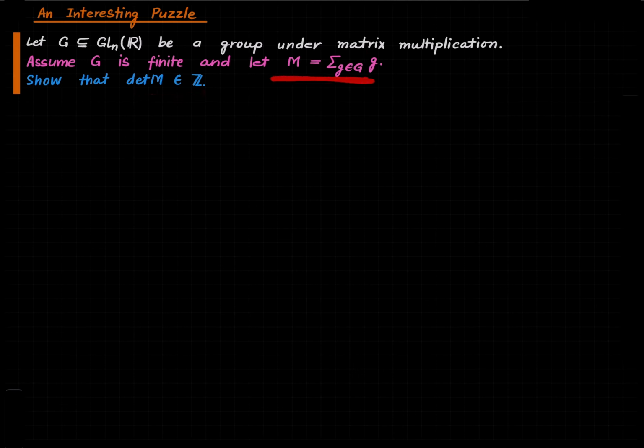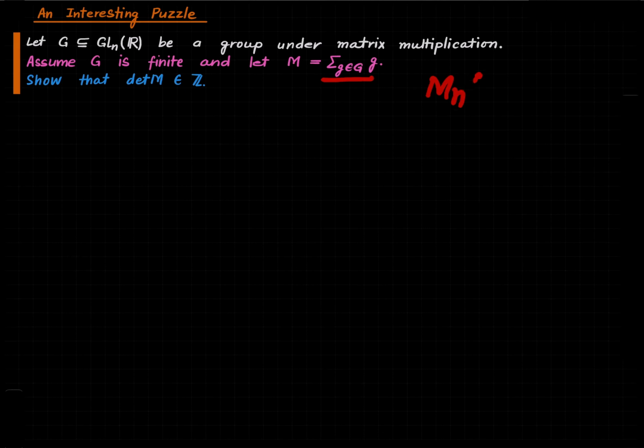So now what is this? Well, every g is an element in capital G, so it is a matrix. It is an n cross n matrix over R. And matrices can be added, and we are just adding all the matrices here. So this is not a product. The group operation is product, but here we are adding things. Matrices can be added also. So this matrix is not necessarily going to be an element of G. It is not even in GL_n(R). It is a matrix in M_n(R),